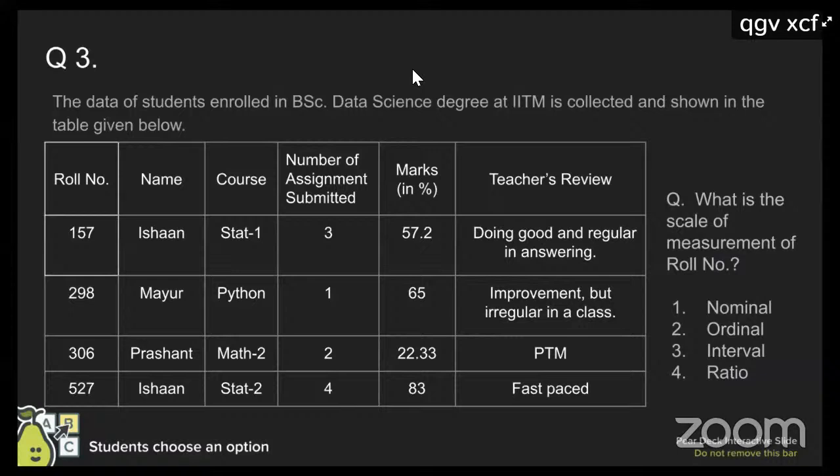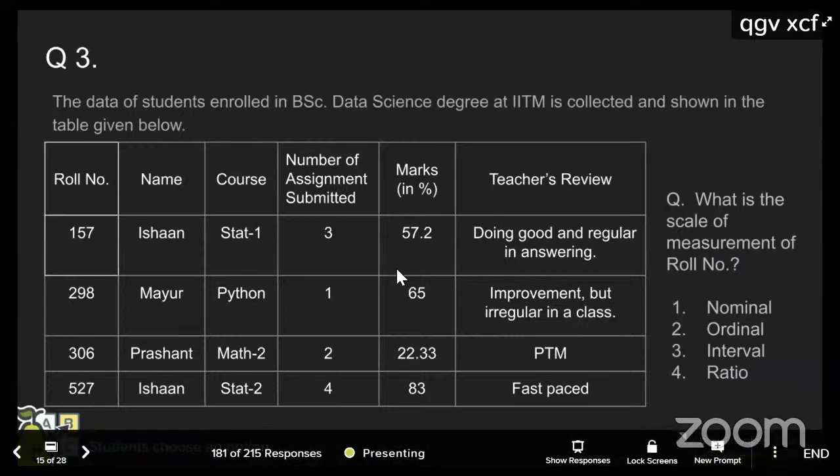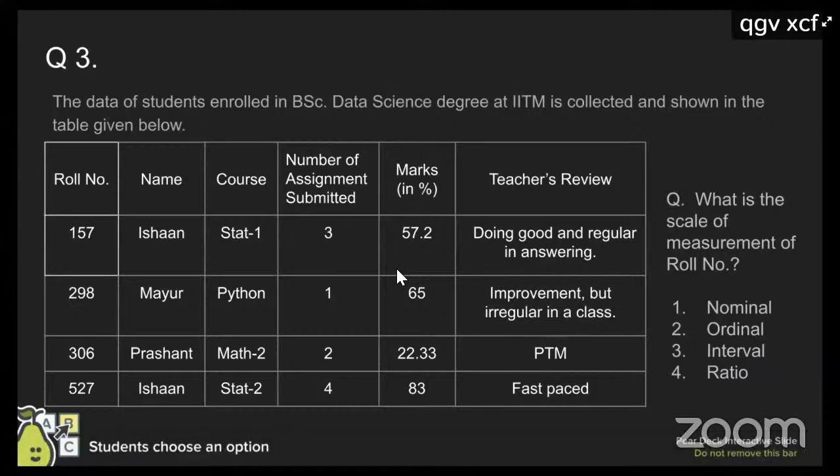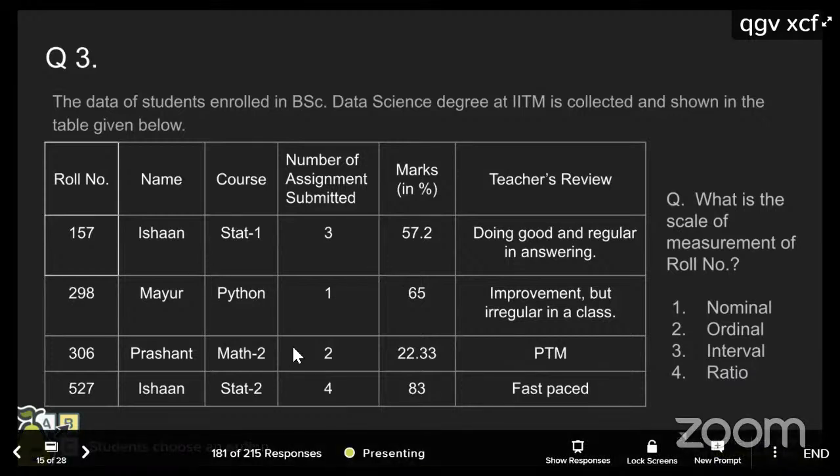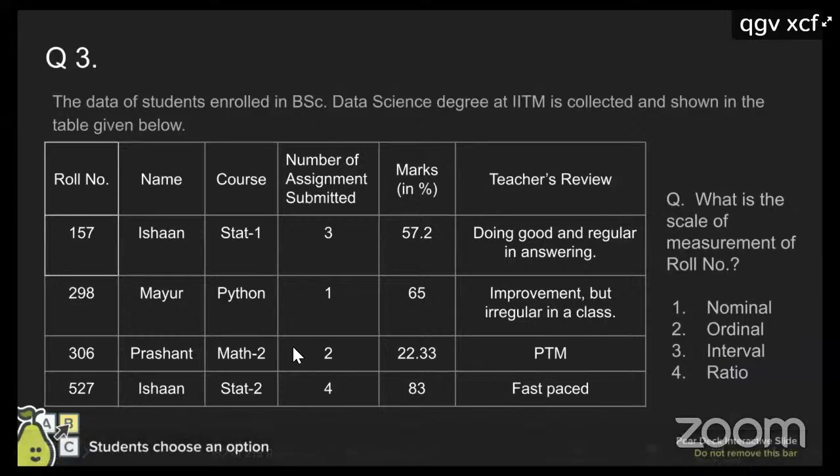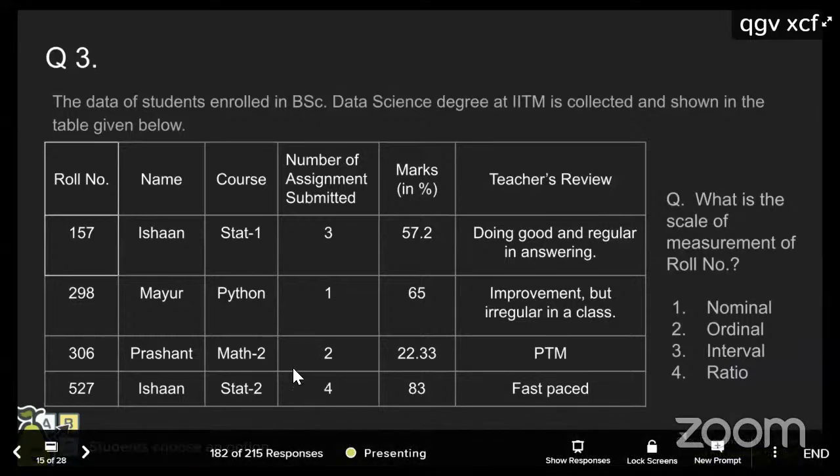Sir, you are taking too much time for each question. No, see, as I said earlier, this is for everyone. Suppose you read the question and attempt it in 1 or 2 minutes, but some people can take 2, 3, 4 minutes. That's okay. We can wait and then proceed. I guess more than 80% seem to have answered. The rest of the people, I'm not sure if they have joined. I guess we can move ahead.